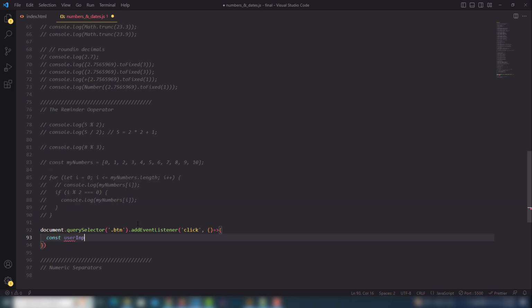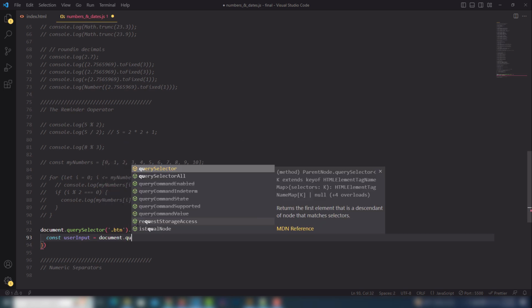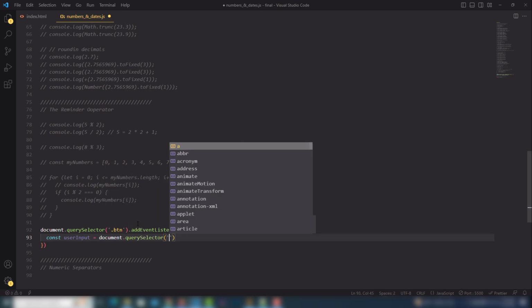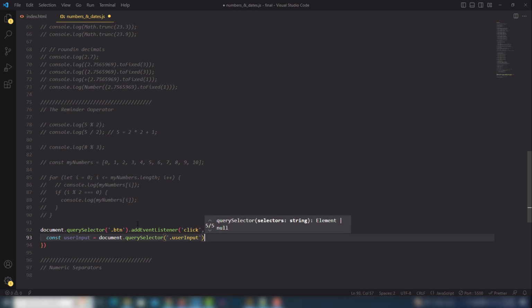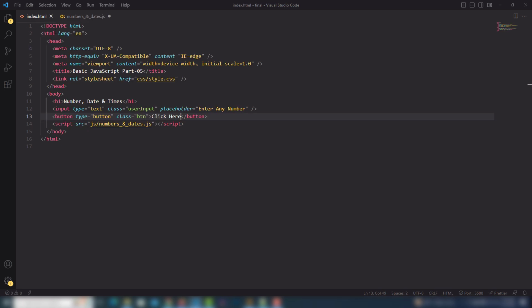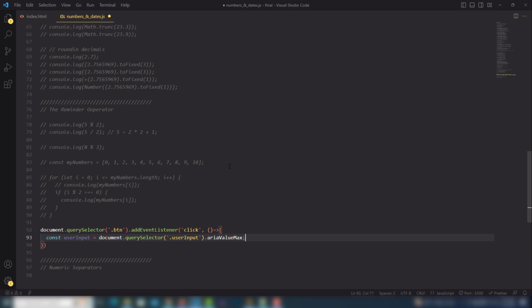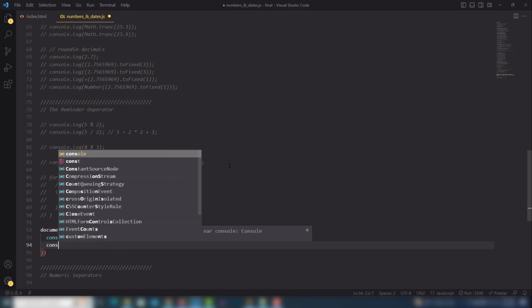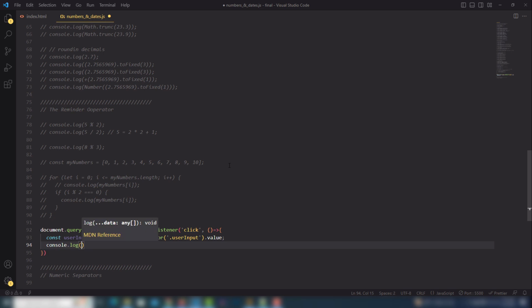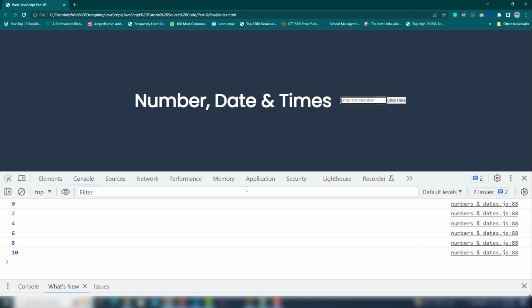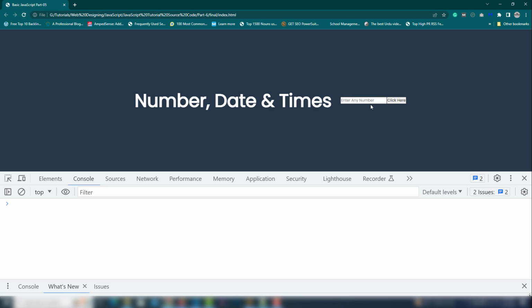Once the user inputs, document.querySelector, and the user input, this is my input text field name, like there, right? And also you need to use value, right? Let's check now whether it's working or not. Then I'm going to show you user input, and I'm going to refresh the page. I'm going to add. Right now, as you can see, the text has appeared inside our console screen, which means